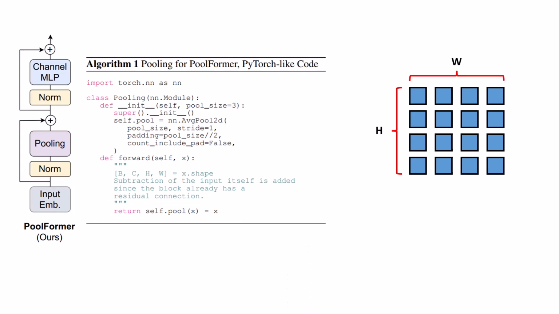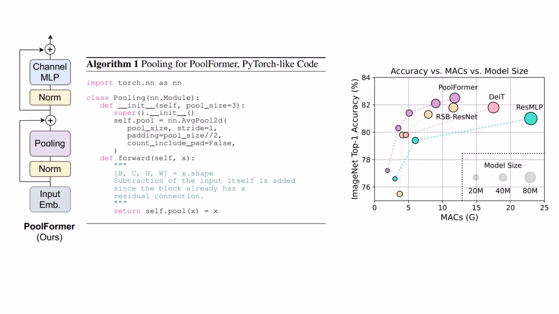And even though it is embarrassingly simple, when we look at this figure, the x-axis is MACs, and if you don't know MACs, it stands for multiplication and accumulation operations, which is, as the name suggests, the number of multiplications and additions that we do. And the y-axis is ImageNet top 1 accuracy. And surprisingly, by doing fewer multiplications and additions, PoolFormer can have a better performance compared to vision transformer counterparts like